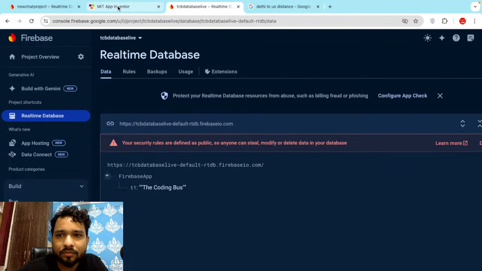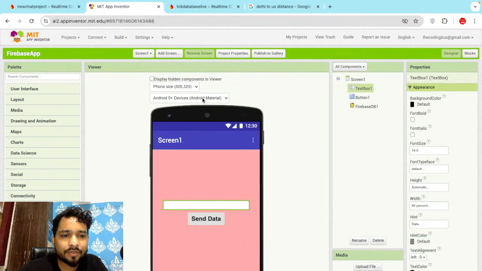Okay, let's go to the MIT App Inventor, because once we are creating the app for a general purpose like chat or something, then we need to make it public. Otherwise it's like